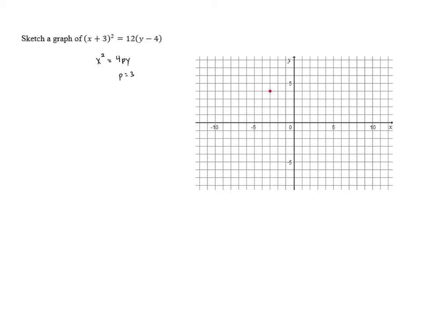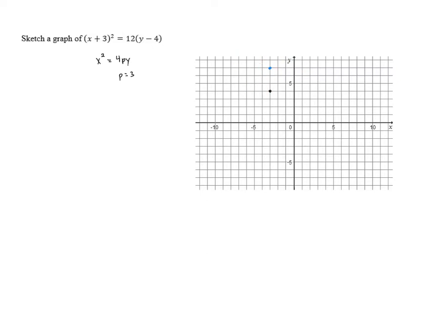And so the focus is going to be 3 units above the vertex. So the focus is going to be right up here. Because it's positive, it's upward. So we're going to have a parabola that's opening upward, but we have to figure out how wide it is,